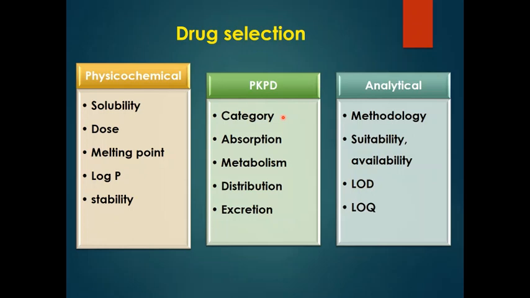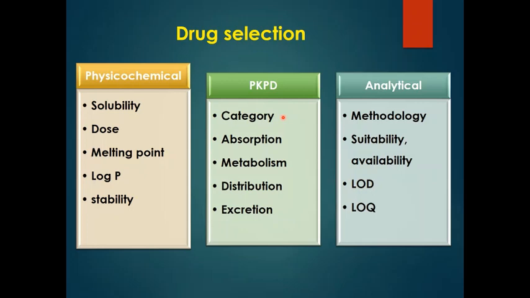But if it is compulsory to give for immediate release, then what is the use of preparing a nanoparticle which gives a controlled release? Like you have to give digoxin and all those things in a heart attack as a sublingual tablet. Why? Because faster action is required. If you prepare that as a nanoparticle which releases after 24 hours, the patient will die. So you need to see the category.